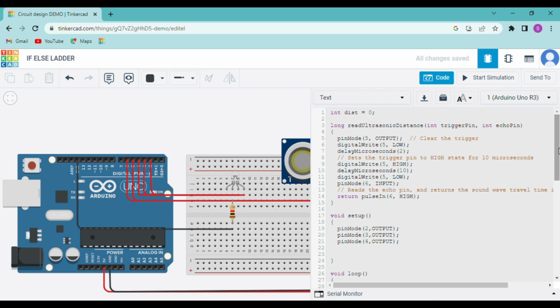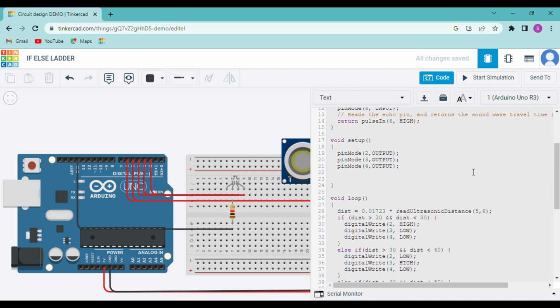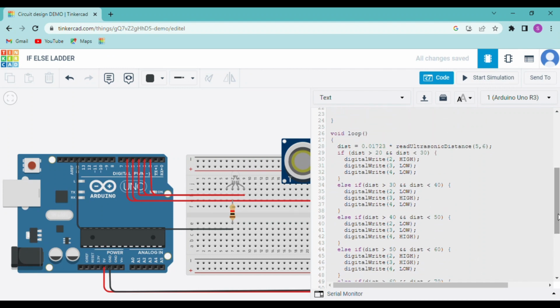Now in the void setup, we will set 2, 3 and 4 as output, and in the void loop, we will use the if else ladder. First, distance is equal to 0.01723 times readUltrasonicDistance, and in brackets 5, 6. Now we will use the if else ladder. If distance is lesser than 20, and you can see here we have used 2 and symbols, and distance is lesser than 30, this distance is measured in centimeters, then digitalWrite 2, digitalWrite 3